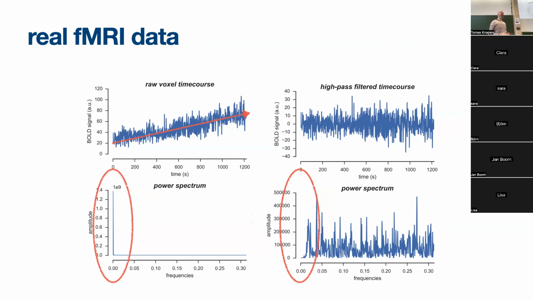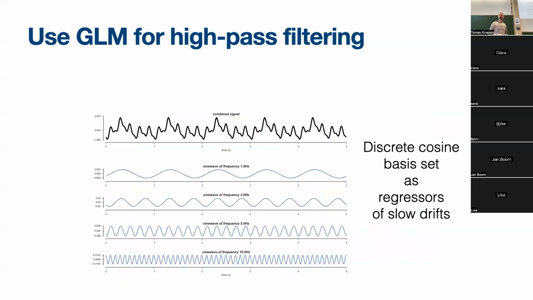So this is one way in which we can make sure that our data don't have these slow varying properties. We can also create a set of regressors for slow drifts and then use them as nuisances, right? So this strategy that I talked about in terms of the motion correction, you can also use a similar strategy for slow drifts, the ones that we don't care that much about. And again, it's beautiful, this GLM paradigm, where you just construct models of what your time course might look like and then estimate their efficacy in explaining that specific signal,